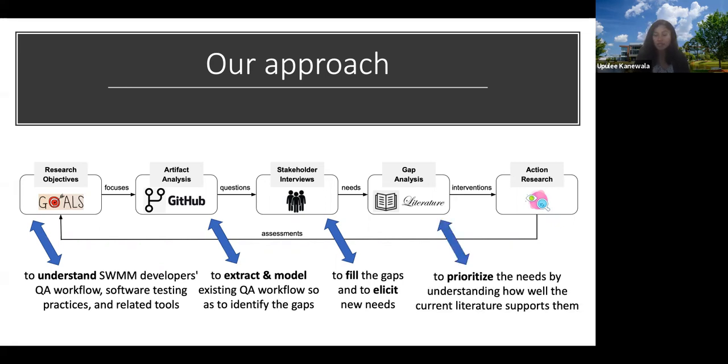And after we identified the needs, we went into conducting a literature analysis to see what has been done in the area and identify any existing gaps.